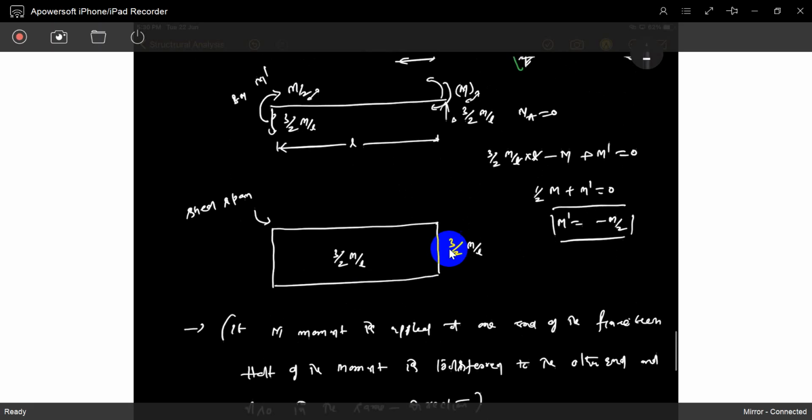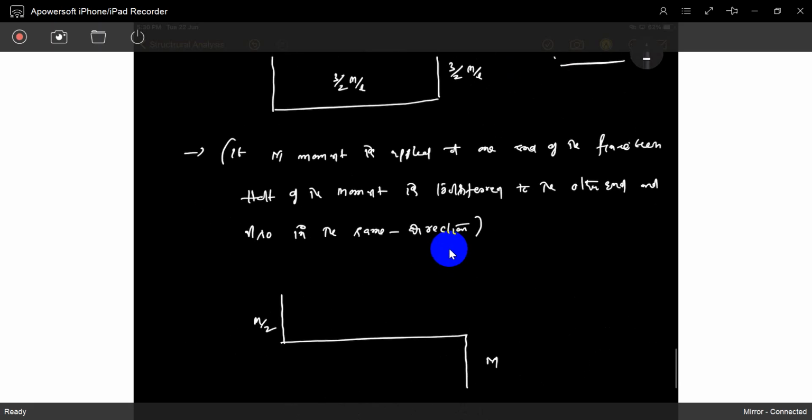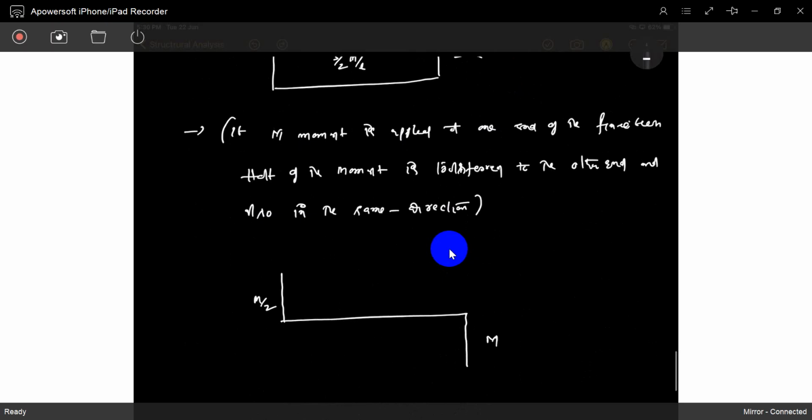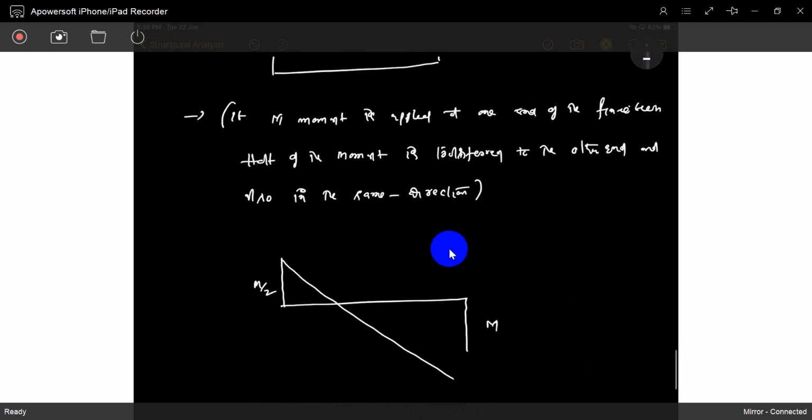There is no force at all, so it is just a straight line variation. It will go by, it is M by 2, and it will come like this. It is M, it's M by 2. What is the value of this? Just similar triangles, na? No need to do bending moment, just application of mathematics. This is similar triangles. It is M by 2. This is M. What is this value?